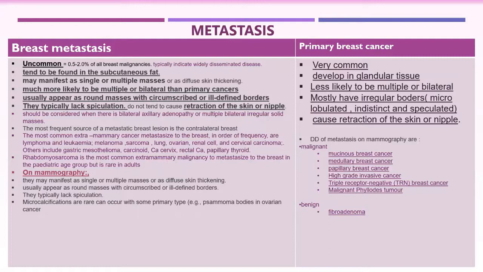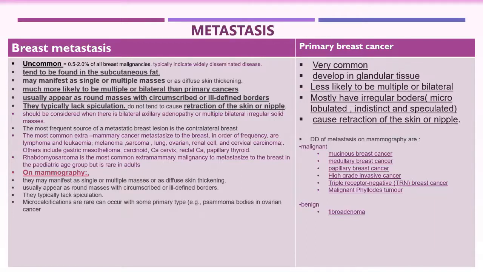But it tends not to have speculated borders, the metastasis, and even not seen to be associated with skin retraction or nipple retraction, unlike the primary lesion. If you have seen skin changes, retractions, or nipple retractions, think about primary, not about secondary. Even multiple lesions might be a primary lesion. However, some of the malignant lesions might have the characters of